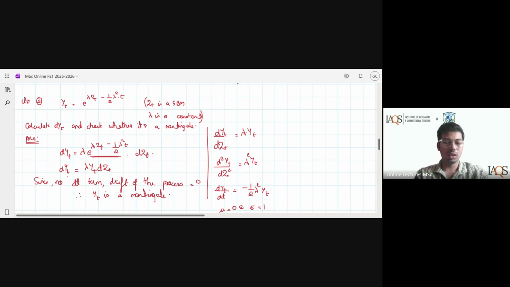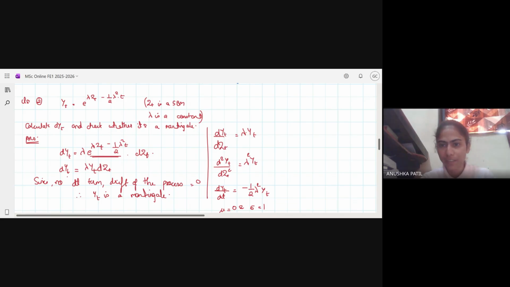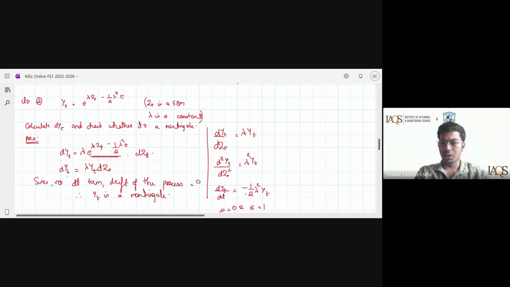Take 2 more minutes, everyone. Let me know if you have any questions or are not getting the answer. We'll then go to special cases. Sir, do we put the Y_t factor when we are differentiating, or after, or when putting in the formula? You can ideally calculate all of these three first and then substitute in the equation. It will become easier.